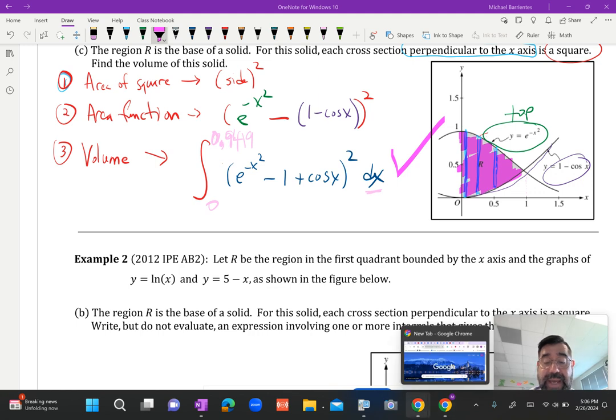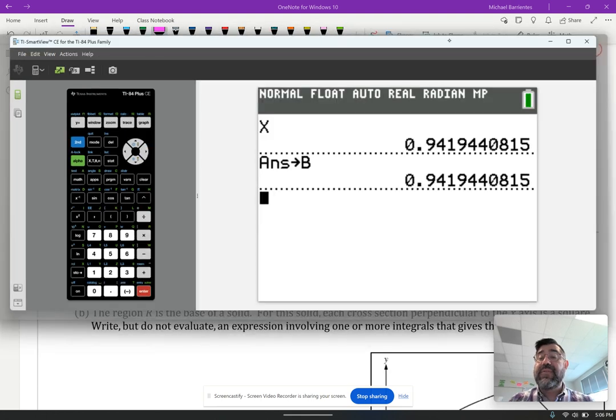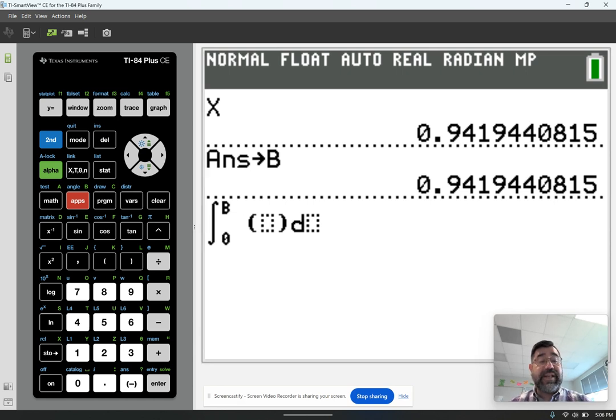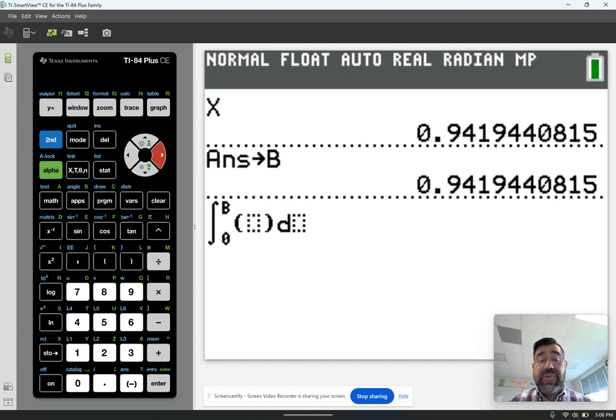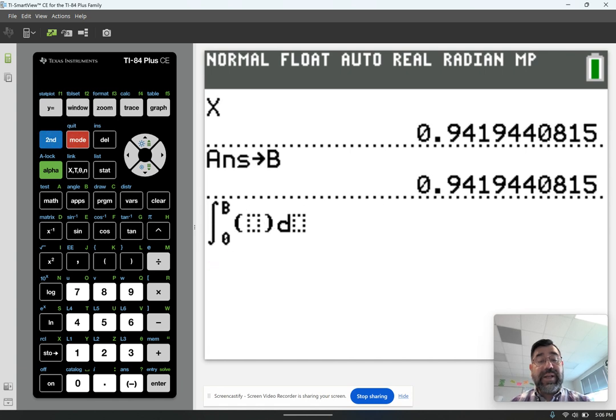I'm going to go back to my calculator, and let's do full screen here so you can see it a little bit better. Math 9 will do the integral. I'm going to start at 0, and I'm going to go to B because that's where I saved my intersection value that I found as my limit. Also, remember I saved my equations in y1 and y2, so why don't I just say